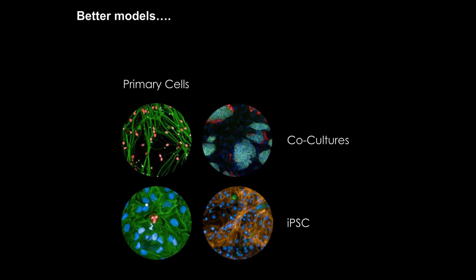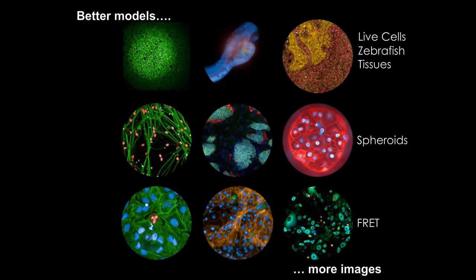Increasingly, we see even higher value models coming up. We're seeing more and more people working with live cells. We're seeing model organisms like zebrafish gaining in importance. We see a tremendous increase in working with spheroids and organoids, which are three-dimensional model systems providing a much richer environment for the cells to differentiate in ways that resemble the human body. And we see also an increased work with tissue slides. We see also more advanced models using, for example, FRET to look at protein-protein interaction.